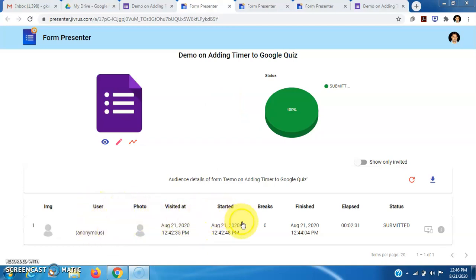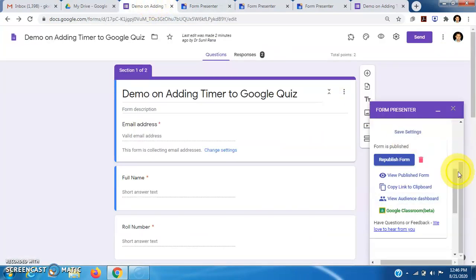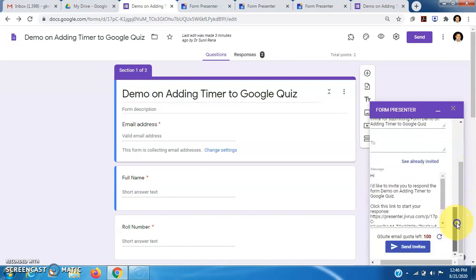User, started time, breaks taken 0, finished at this time, elapsed 2 minutes 30 seconds. Status is submitted. For all the participants who submit this form, we can see their details here. We can edit this form, we can view this. So these are the various options we can use in our Google form.